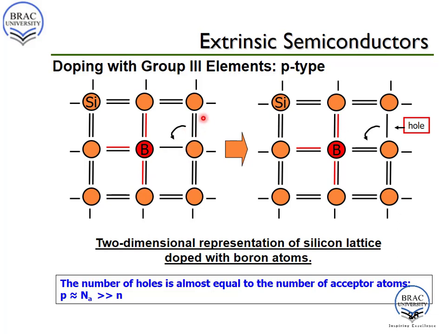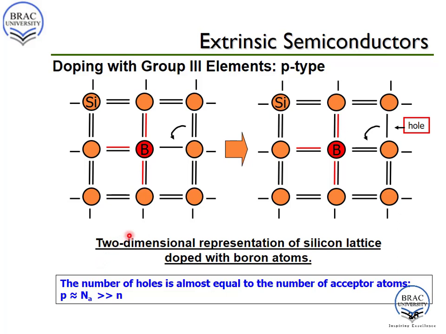Let's say here is a bond with 2 electrons shared by 2 of the silicon atoms. If one electron is somehow generated from this bond and breaks away to move through the structure, it gets attracted to this hole here. So this electron fills up this hole and the bond is formed completely, but as the electron is coming from this bond, it creates a hole here. Thus the hole can move through the structure.